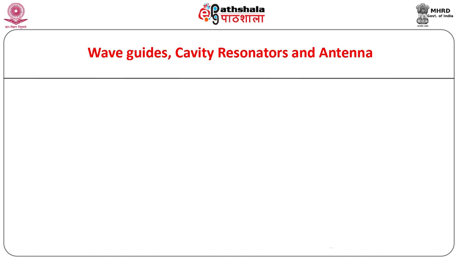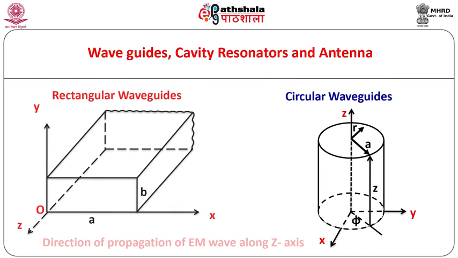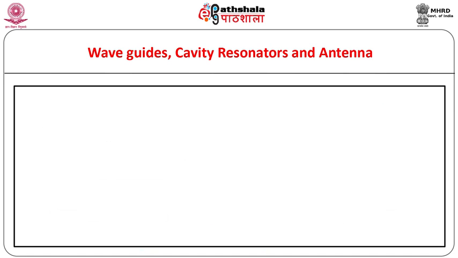For example, consider a hollow conductor in the form of a cylinder or a rectangular parallelepiped. It has no return path, hence it cannot be treated as a circuit. Then can it transmit electromagnetic energy through it? As per the norms of circuit theory, the answer is no. However, it is not the case. Waveguides can propagate higher modes of electromagnetic waves which have components of E and H in the direction of propagation.